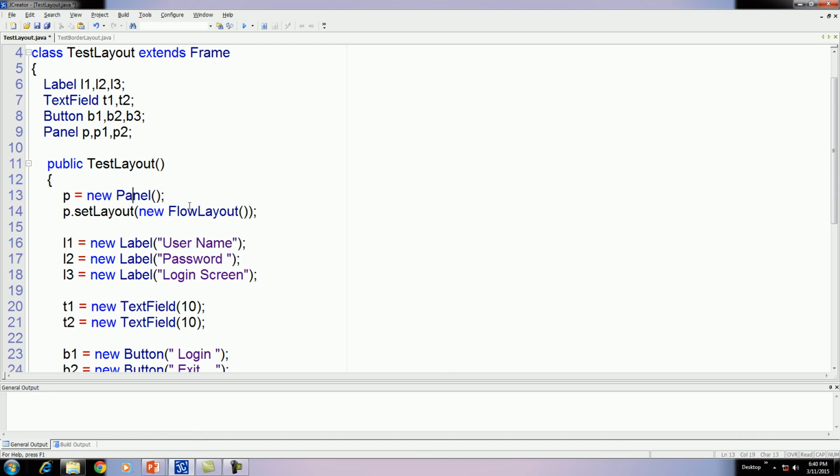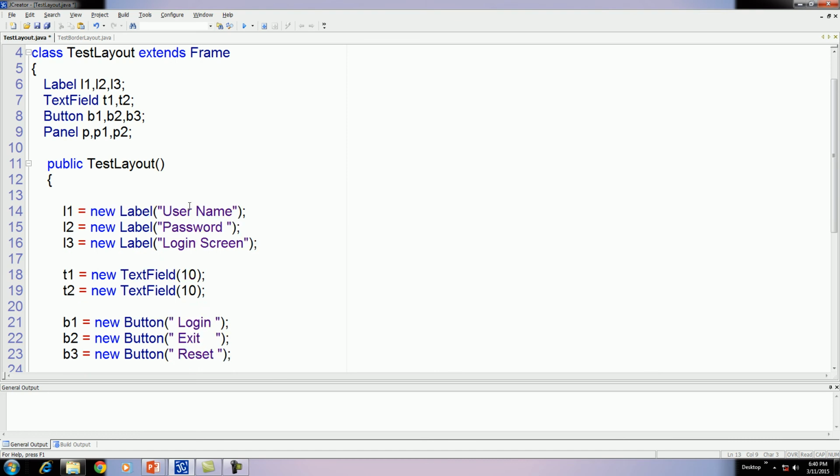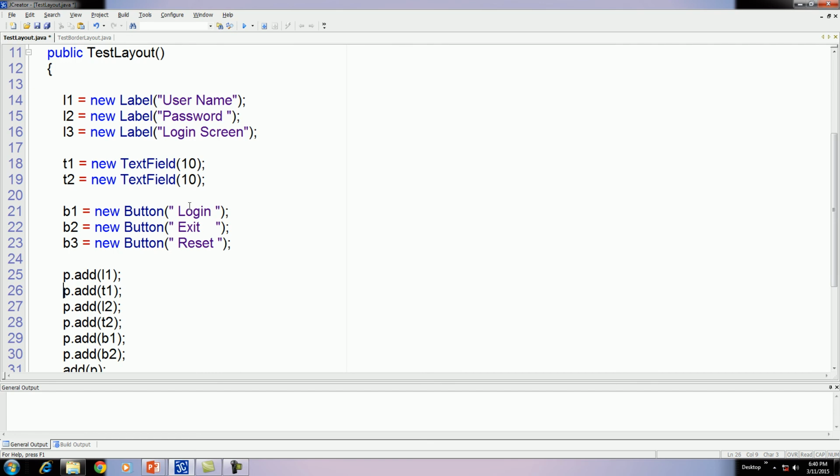Okay. And now let us build this constructor after constructing all the controls, that is more simplified. Okay, here all controls are declared now, and we want to add here a label 3 to a P panel.